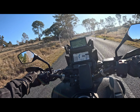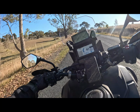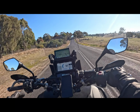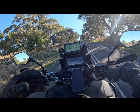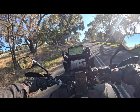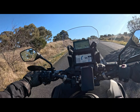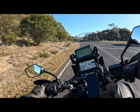Just while we're heading this way to the freeway, I thought I'd give those of you thinking of buying an Africa Twin an idea of how it handles. Like most adventure bikes, it's got really good ground clearance. Like I said, I've got 50/50 road off-road tyres on, but honestly they just feel like road tyres to me. In terms of road riding, I don't feel a great deal of difference. A little bit of noise at slower speed, but I'm just in fourth just around the corner, and the bike handles really well. It's got a really good